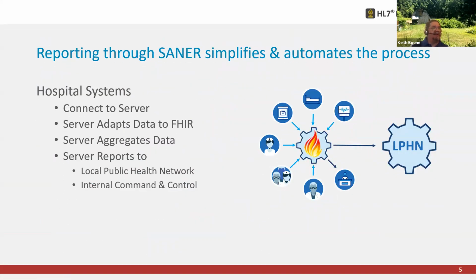So the goal of SANER then is we want to make it simpler for these hospital-based systems that don't have API enablement to be able to communicate this data out. And so our first step in SANER was to define, well, how are we going to represent this data that's being collected? We looked at it and we said, well, these are actually measures of resilience for a healthcare system,